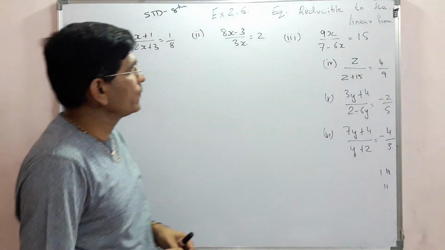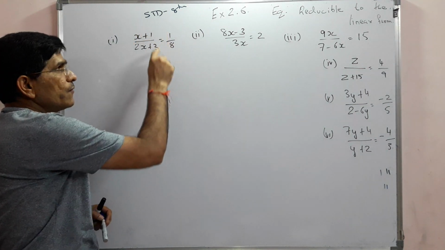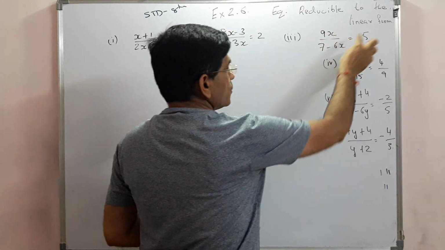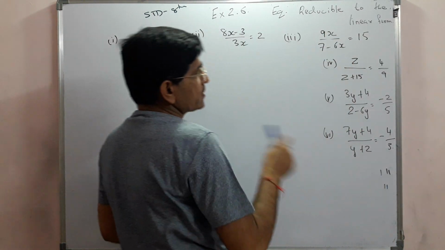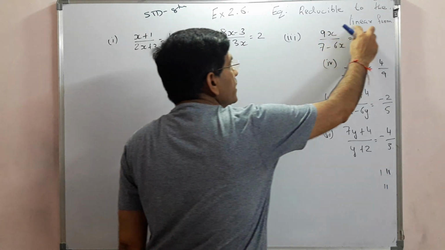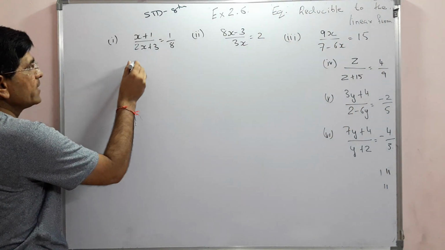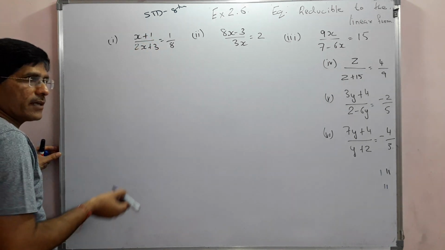Here generally if you see, 1, 2, 3, 4 terms are there. Here there are 3 terms. Here there are 1, 2, 3 terms. So when such type of sum is given, we have to form a linear form. In the last lecture we have also discussed that when such type of sums are there we have to do